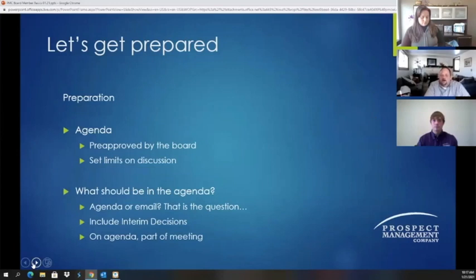So the agenda is always going to be approved by the board of directors prior to the meeting. Generally, that's done by working directly with the board president. Some boards are more collaborative and all boards are involved, and every association is a little different. There's no right or wrong with how you decide to set your agenda. But what should be on the agenda is things that can't be discussed via email, that do need to be discussed and voted on in person. That will come up throughout the meetings between meetings. It's also going to include interim decisions made via email.